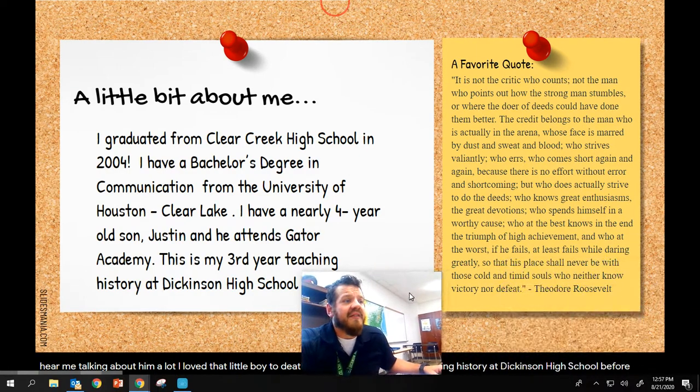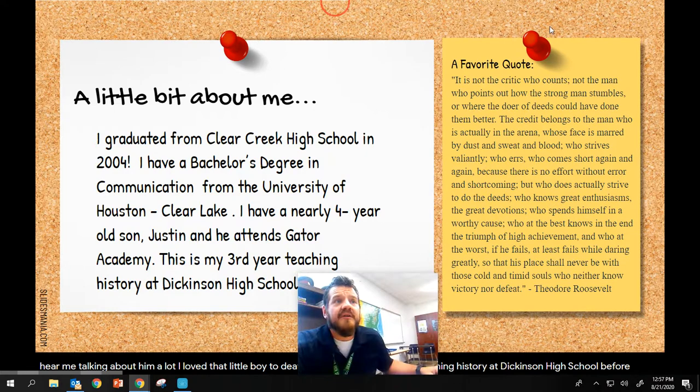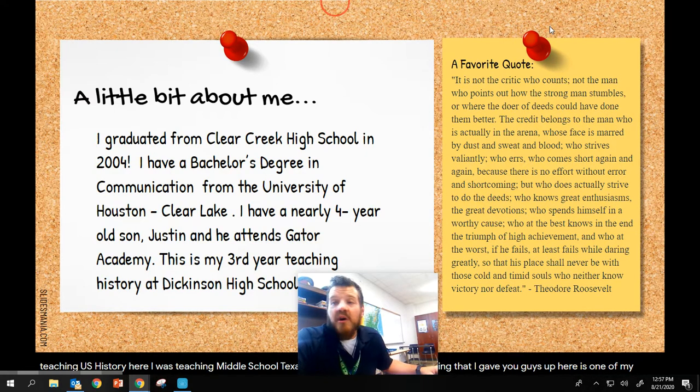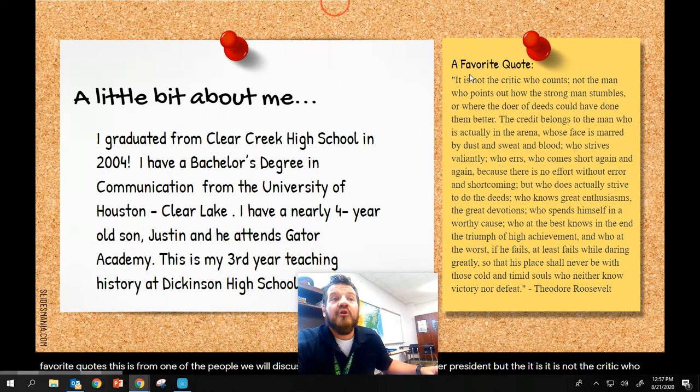So one thing that I gave you guys up here is one of my favorite quotes. This is from one of the people we will discuss in class, Teddy Roosevelt, former president. But the quote is, "It is not the critic who counts, not the man who points out how the strong man stumbles or where the doer of deeds could have done them better. The credit belongs to the man who is actually in the arena, whose face is marred by dust and sweat and blood, who strives valiantly, who errs, who comes short again and again because there is no effort without error